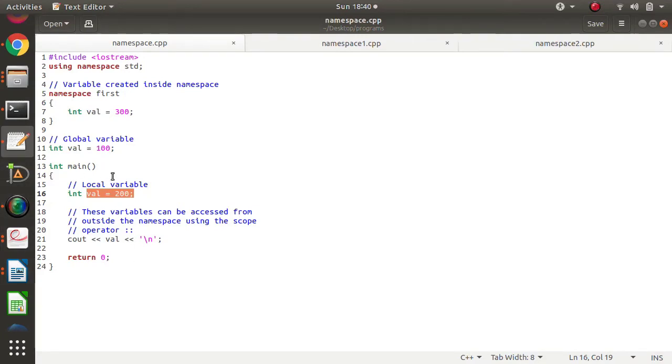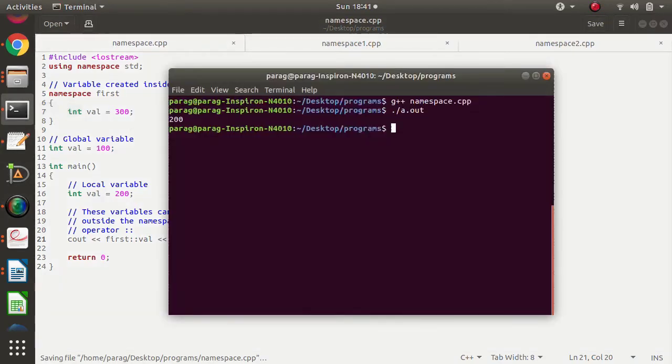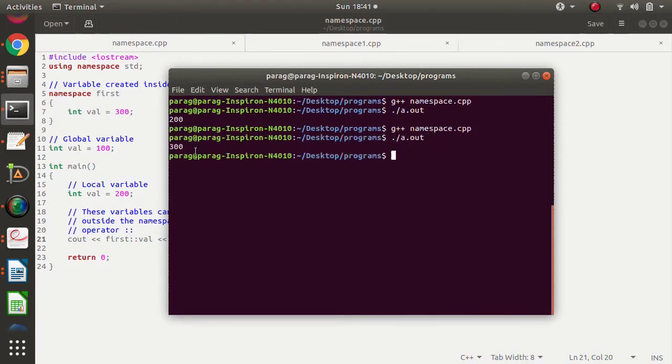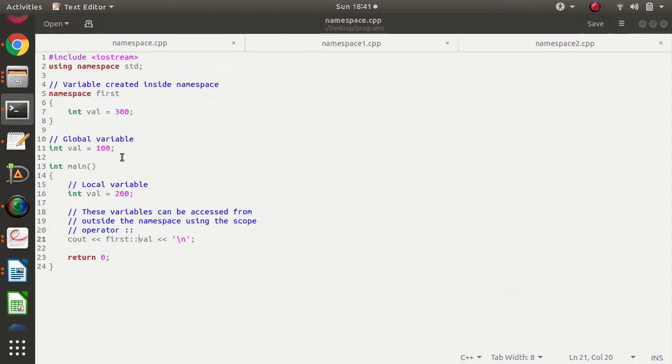Now see, I don't want this val variable, I want to access this other val variable. So I can take help of this namespace as I mentioned here. I can write it here and use this scope resolution operator. So I will compile this and run this. This time I got 300.